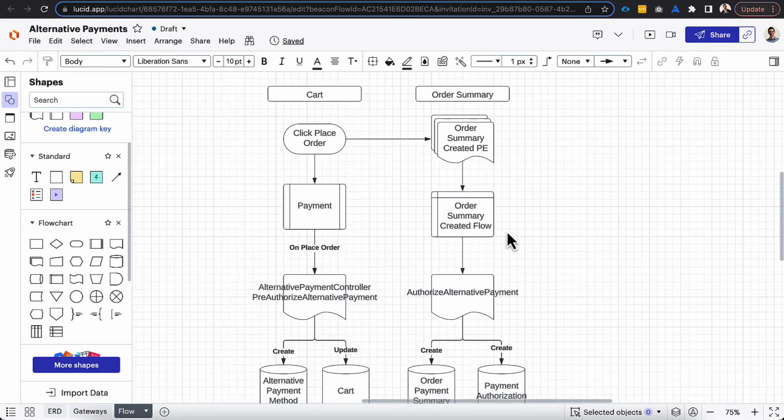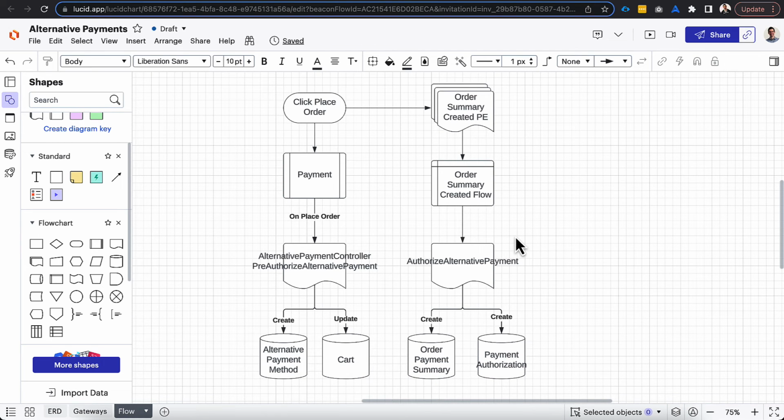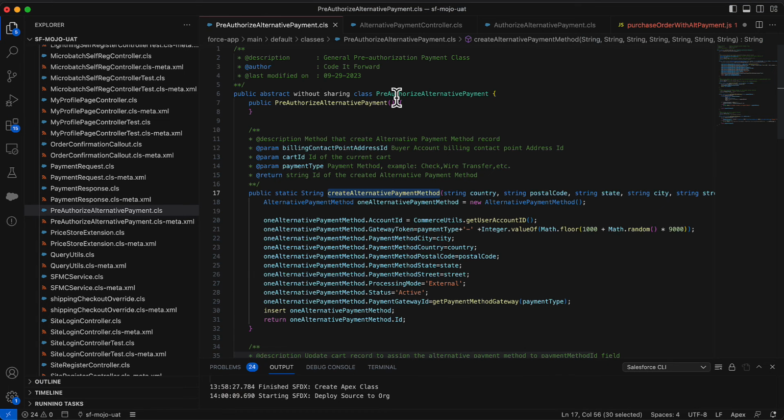But once you have a flow, there will be an invocable in there that we will call the authorize alternative payment method, and that does two things. It will create the order payment summary record, and it will create the payment authorization records that will then be attached to our order summary. So if we hop back into VS Code here, we can go over into our